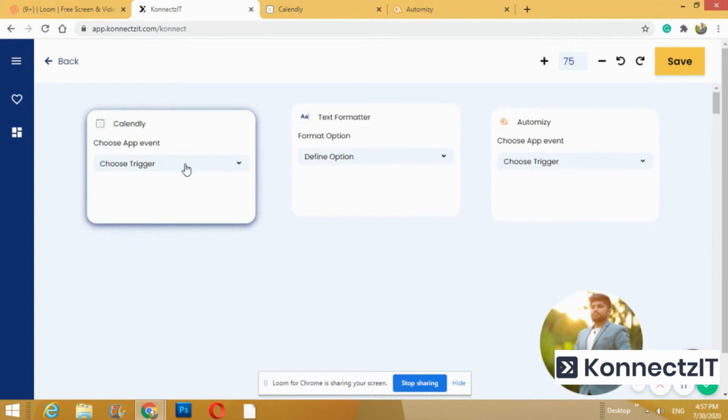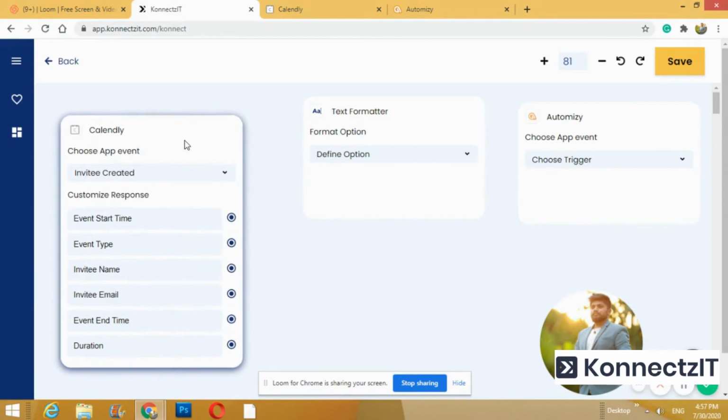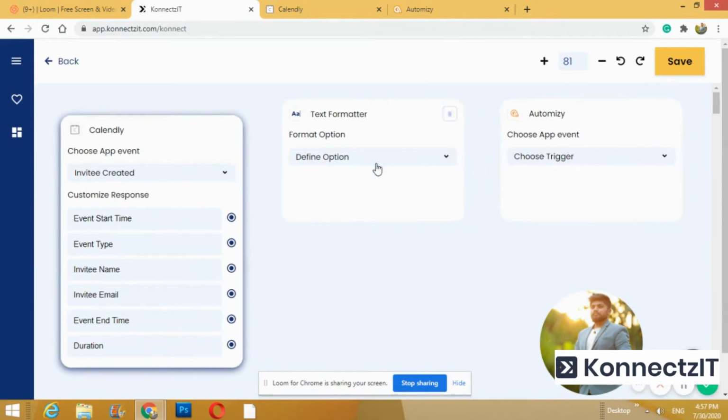I will select the Calendly trigger as invitee created. So these are all the attributes that I will get from my Calendly invite, and I am going to do some formatting.